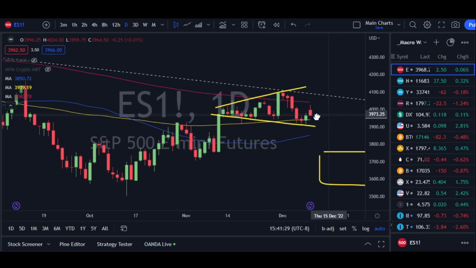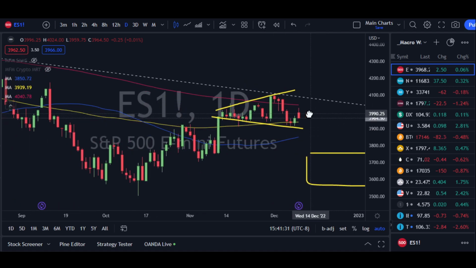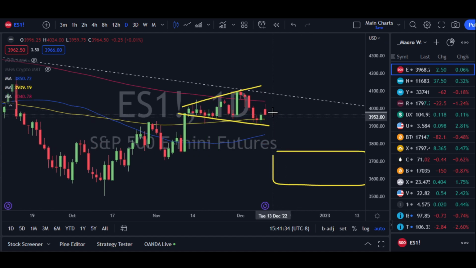A lot is going to depend on, like we talked about last week, going into next week, price action on Sunday night when futures open, and then into Monday morning. You want to see if price takes a bounce to the upside or not. If price bounces to the upside, then the best thing you could do, if you're thinking about taking trades, is to use either the 200-day moving average here on the S&P or the descending trend line as